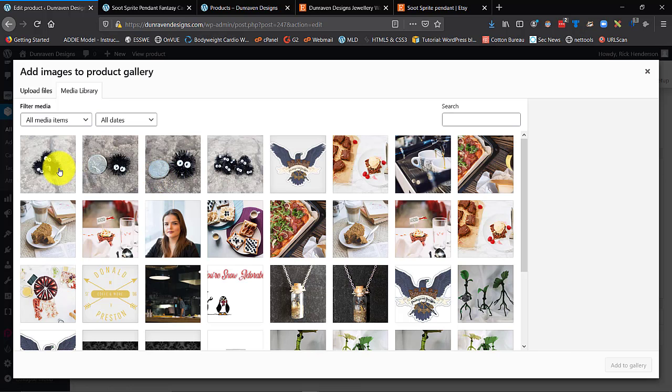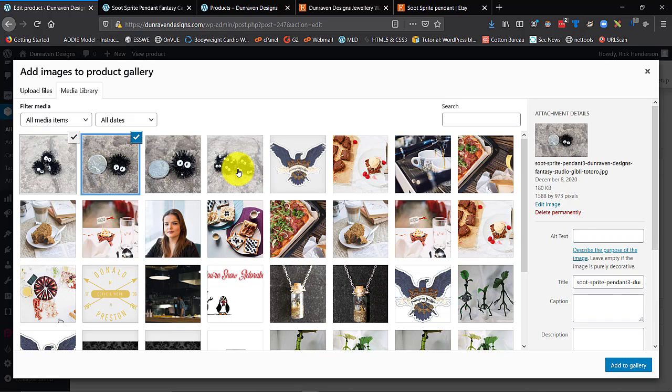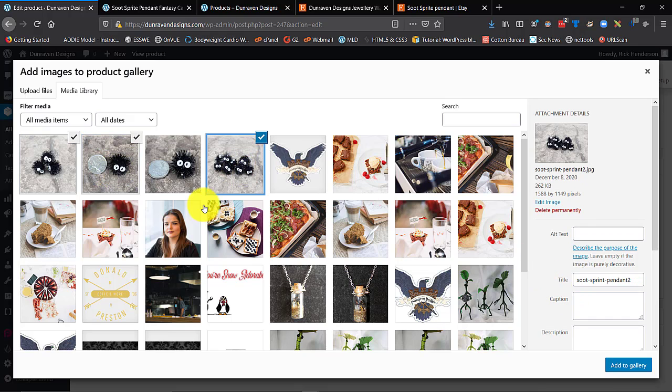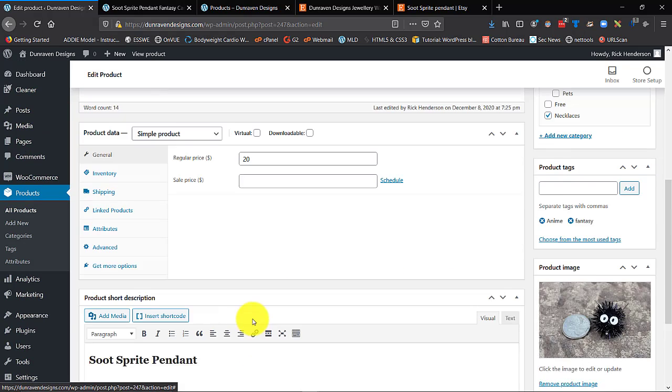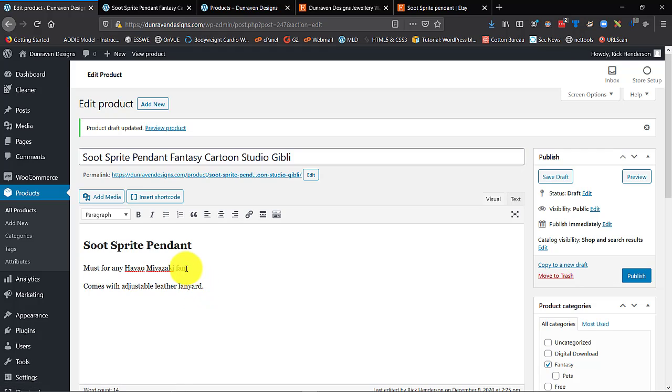So I'm going to add something for the gallery, which is this one, and this one, and this one. And you can see I just selected each item, and I could rename them with the alt text, but I'll do that later. I just showed that to you. Click on add gallery. Now we've got everything else, except I wanted to